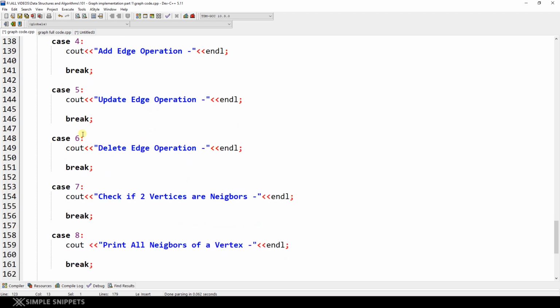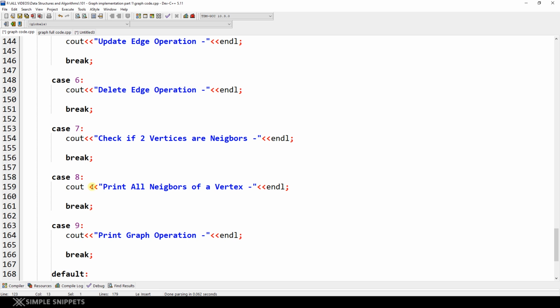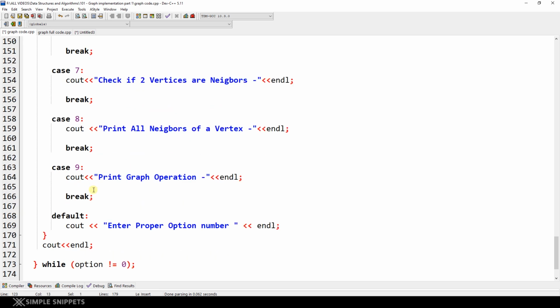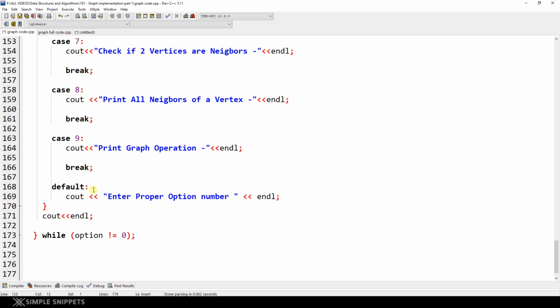I have already pre-written all the cases because I don't want to type all this and this will just waste your time. So this is just the structure, right? This is just the boilerplate. What happens inside every case, that is something that we have to do in the coding part in the function creation. Right now we are just creating the structure.